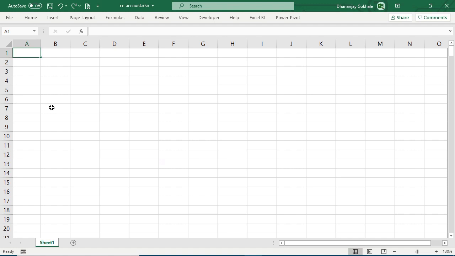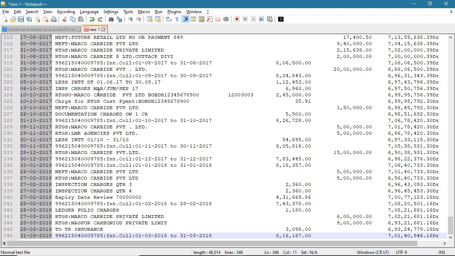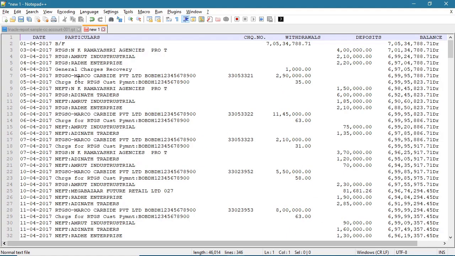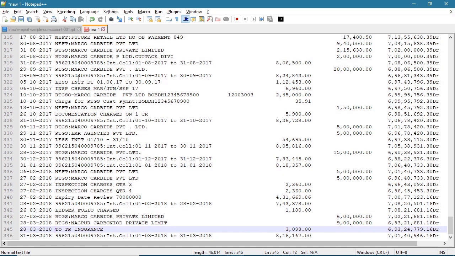Copy and I will paste it. You can cut paste here. I will repeat this same thing for all the columns. Alt plus Shift, page down, up key, down key, and then select.